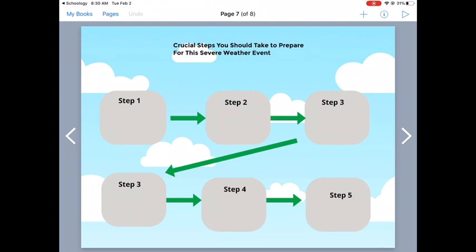On this page, a big part of a public service announcement is how do we get the public to prepare so that they can be safe in this type of situation. So I want you to do some research and figure out what is a safety plan, steps that you can take, step 1, step 2, step 3, step 4, step 5. Maybe it doesn't have 5 steps, but what are the steps you can take to prepare for this severe weather